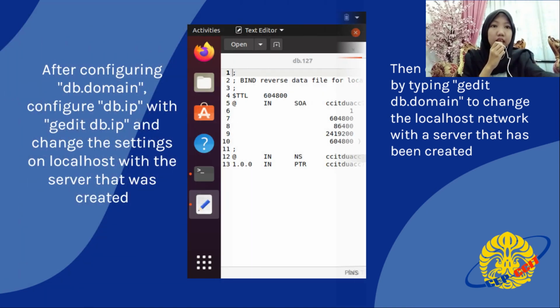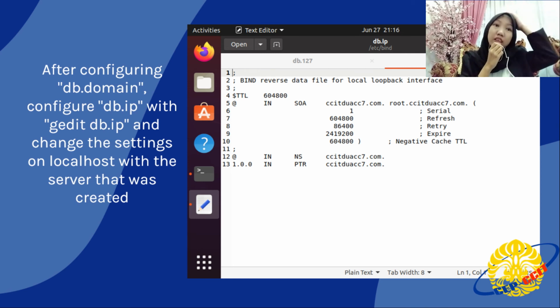Okay, next, after configuring db.domain, configure db.ip with gedit db.ip and change the setting on localhost with the server that was created. Change and match the server that has been configured, then save.